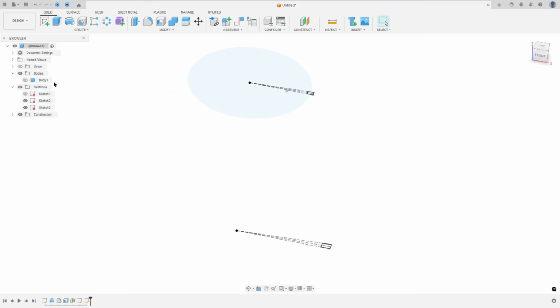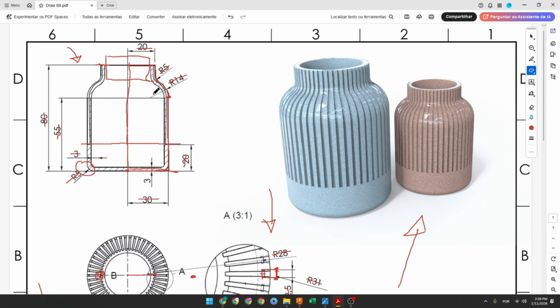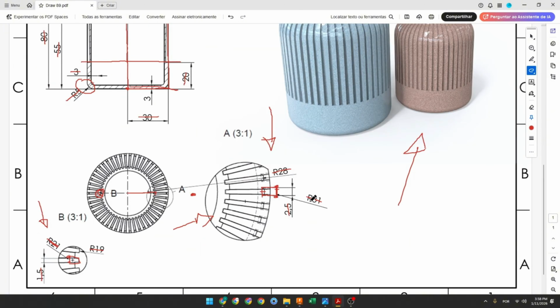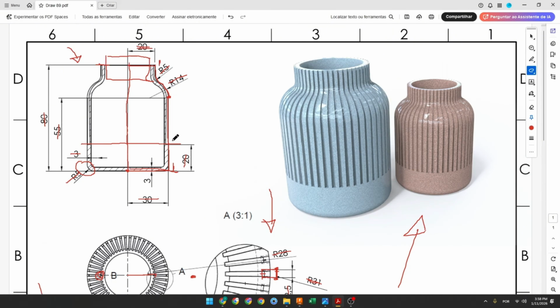We made these two profiles. And see that in this sketch, this arc here is 1 millimeter more than this, 1 millimeter here. And this one, 31, is 1 millimeter here. So we will create a line rail here to guide the loft with 1 millimeter of distance between this face here. So let's create this